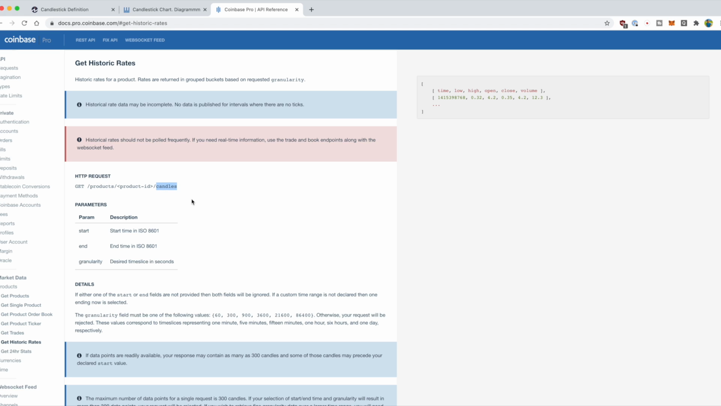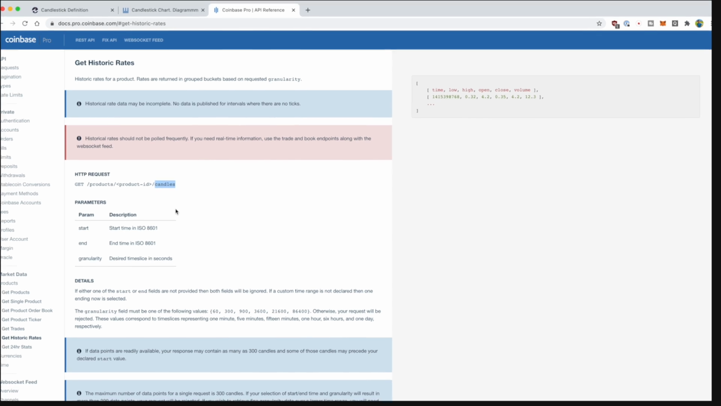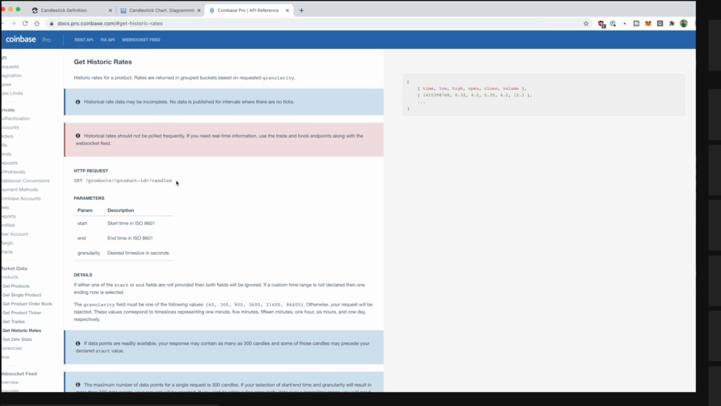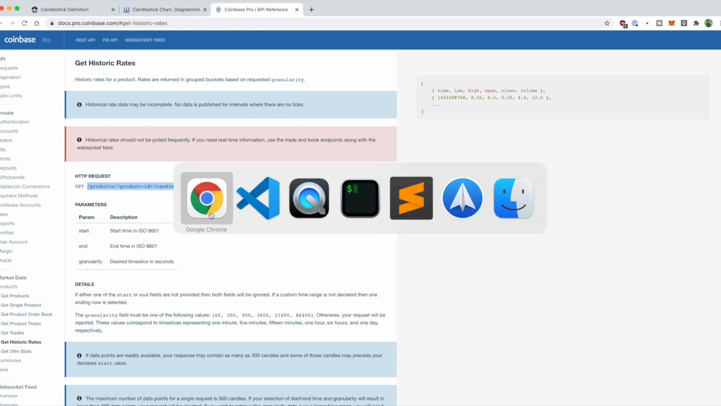And by the way, I'm going to get onto candles in a second, but essentially you can get back candles for a given product. And the product that we're going to be looking at, of course, today is ETH-USD. So that's the way to get it. And so what I'm going to do is I'm just going to grab this, copy that, and come back to